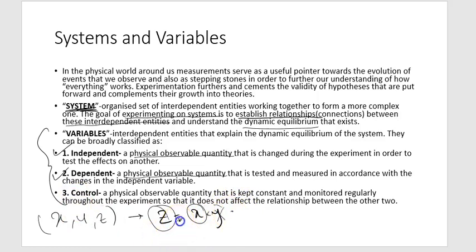All right. Similarly, if I do not want x to play a role and want to discern a relationship between z and y, then z becomes dependent and y becomes independent, with x becoming the control. Similarly, of course, if z remains constant, I can find out a relationship between x and y.